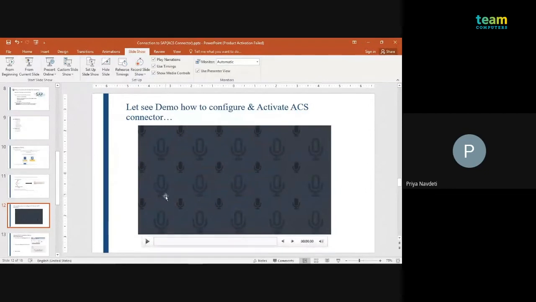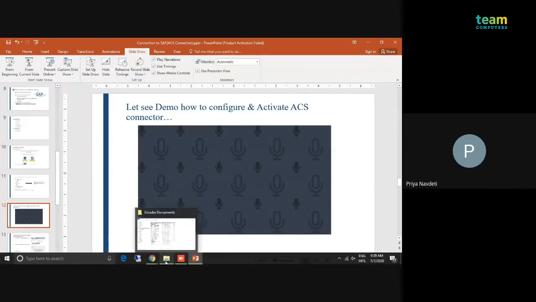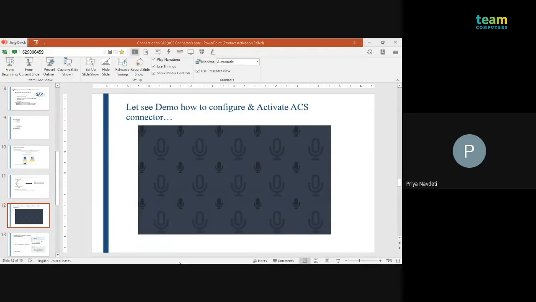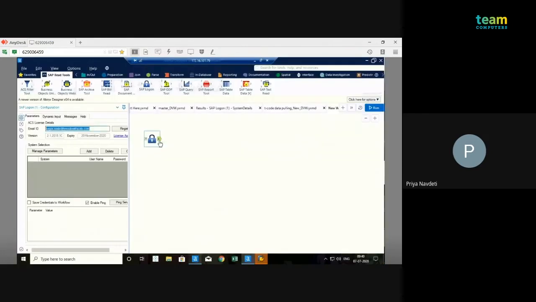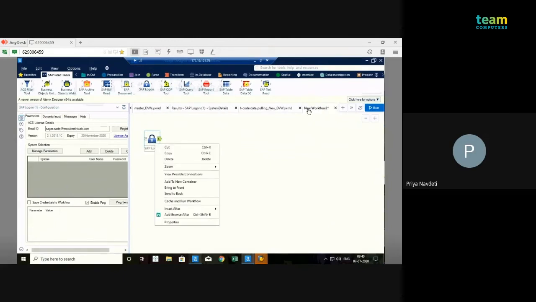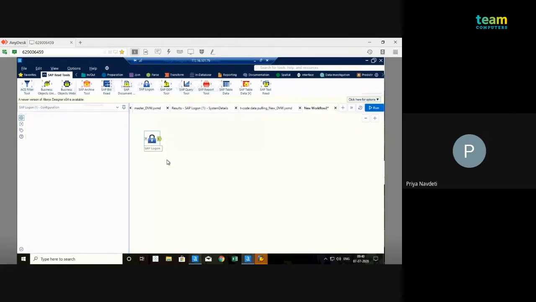So I will show you the demo of this in Alteryx and how we are connected. After installing the ACS connector, it will add the SAP read tools. If you are using the write tools, then it will add that tab as well.